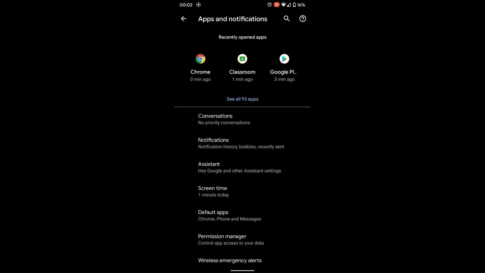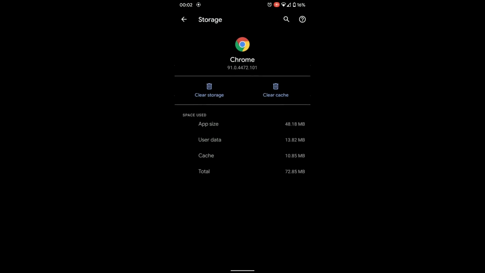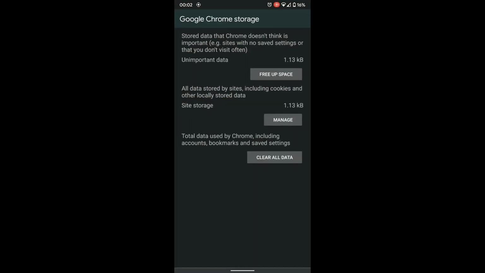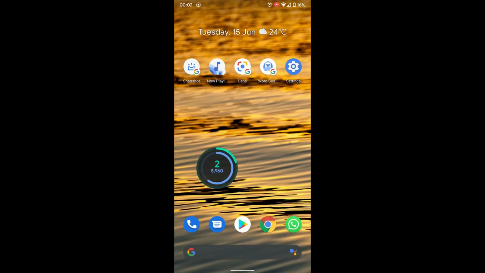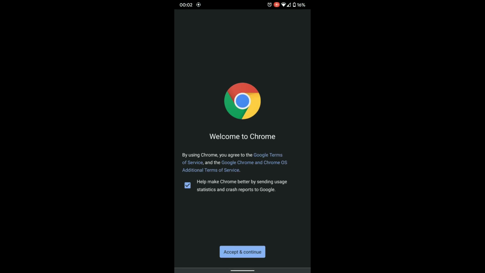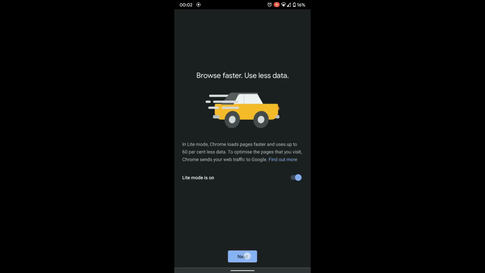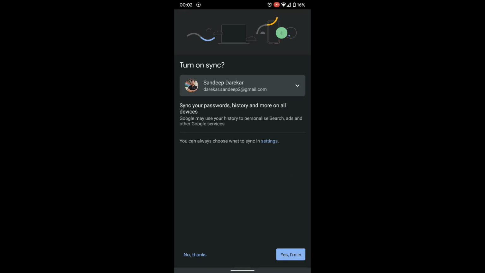After that, go to the Chrome app, then go to storage and cache and clear the storage. Clear all data. Now I'm going to clear all data, and now if I open Chrome, you see Chrome is opening like a new app. So I'll click on accept, next, and on the top you see my personal email ID is there. This personal email ID has to be replaced with the school email ID.